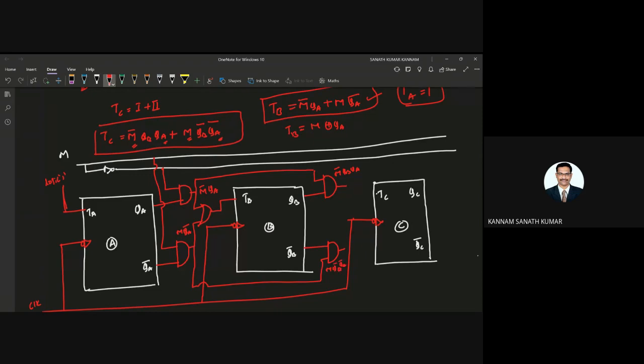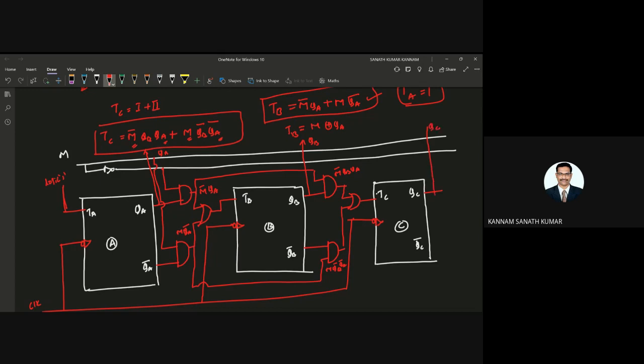I'm using this, and these two are connected with an OR gate. So that is TC. So you are taking this one. This is QA, and this is QB, QA, QB, and QC.